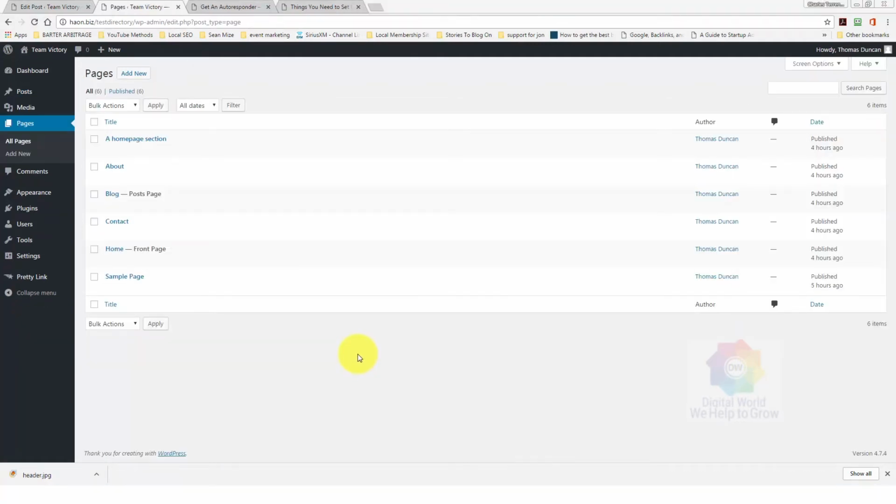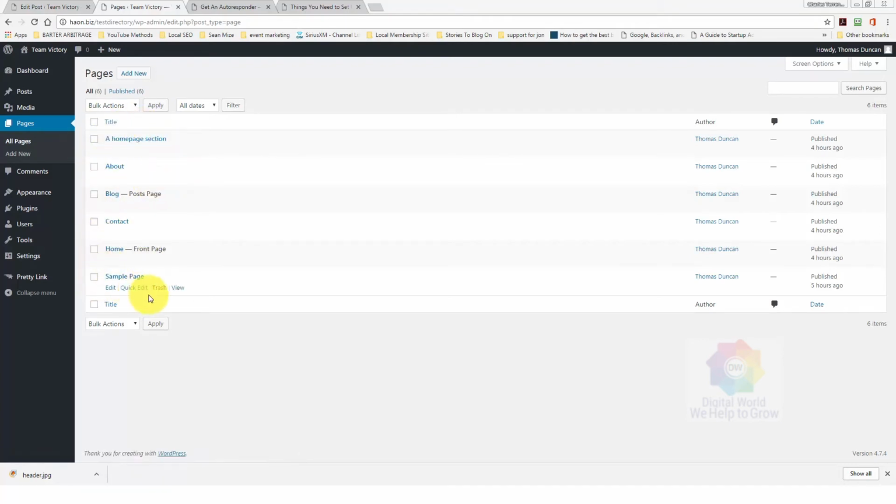Welcome back. You are now looking at the Pages area, and the paging system is very close to the post system in terms of how we present information. Now, we're looking at this page because you'll need to know that pages, when they're set up, are either set up as child pages or they're set up as parent pages. Now, everything that you see here is not set up as a child page,